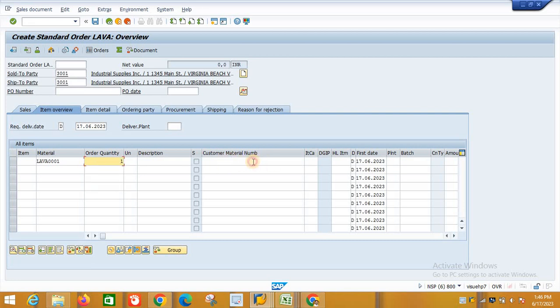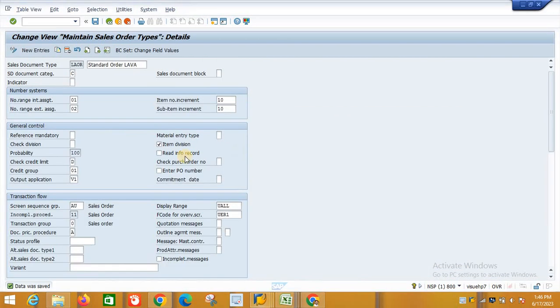Observe it guys here. Earlier the customer material number automatically came. Now, whether that customer material number came or not, it did not come. So here is the control, got it? But it is required for me, so I will select it.